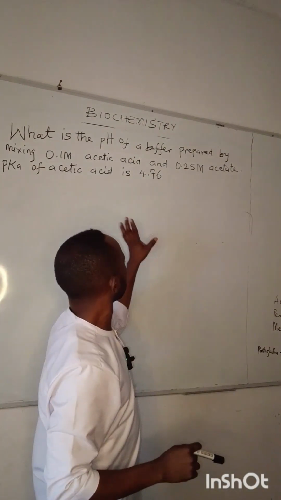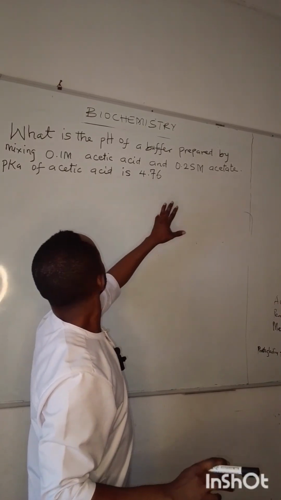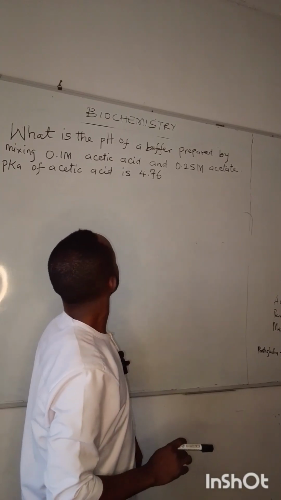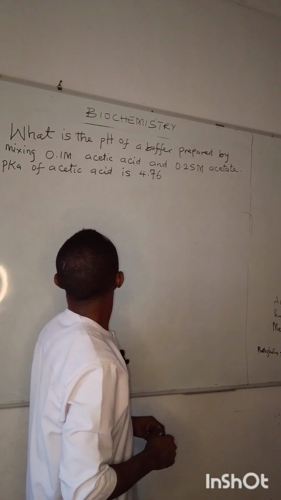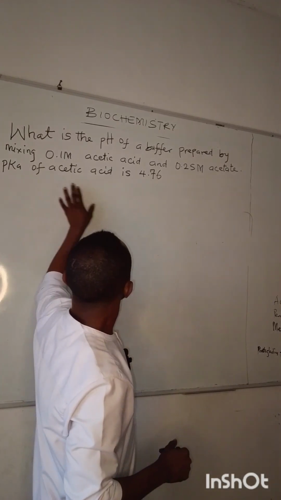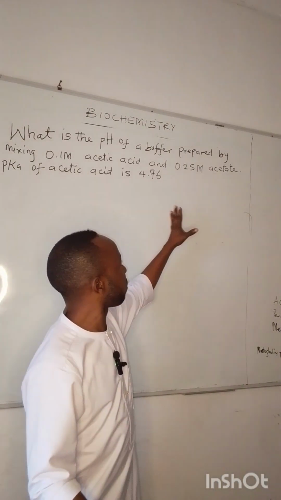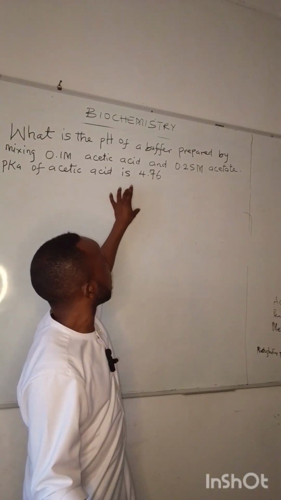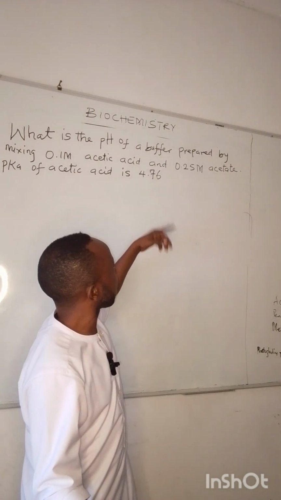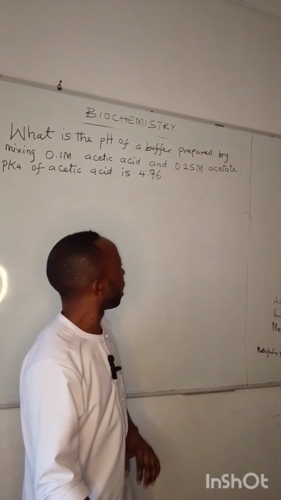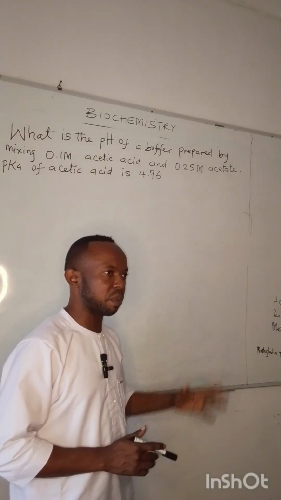Let us look at this question and solve it. What is the pH of a buffer prepared by mixing 0.1 mole acetic acid and 0.25 mole acetate? The pKa of acetic acid is 4.76. To find the pH of this buffer prepared by mixing 0.1 mole acetic acid and 0.25 mole acetate, there is a formula we must use whenever there is a problem like this, and it